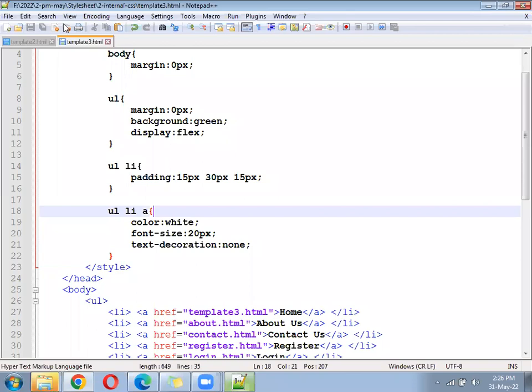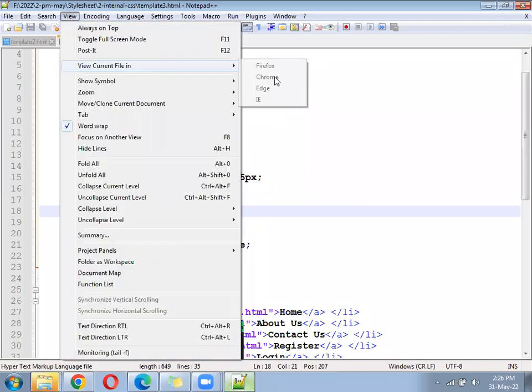It will create a navigation, the full width menu, background blue color, dots are coming.